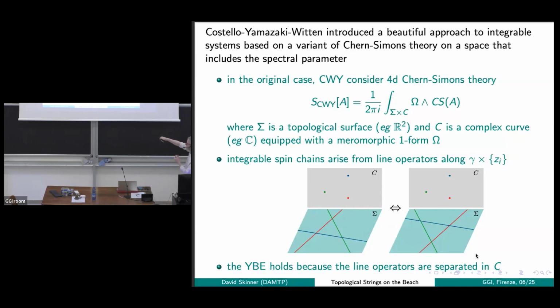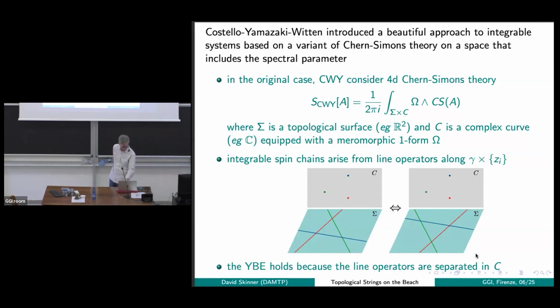So this is where I've dragged that red line over to the right. From the point of view of the integrable system, this would be a Yang-Baxter equation, the fact that these two things are supposed to be the same. And it holds in this theory precisely because nothing singular happened as I dragged one line past the other two, because they were actually separate. They were sitting at different heights, if you like, different points in the Z complex plane.